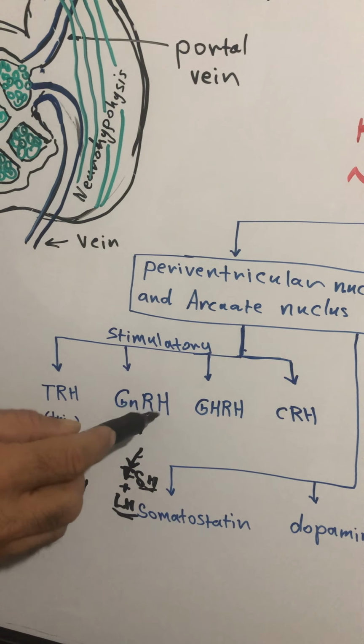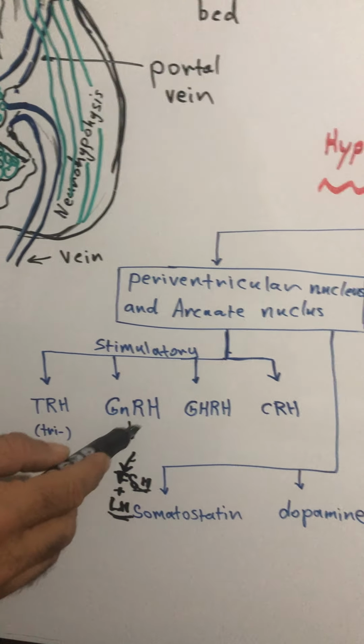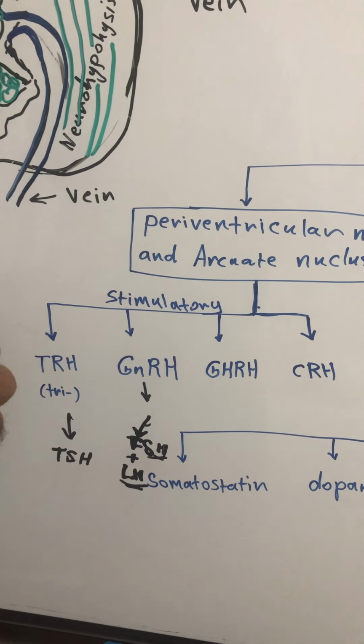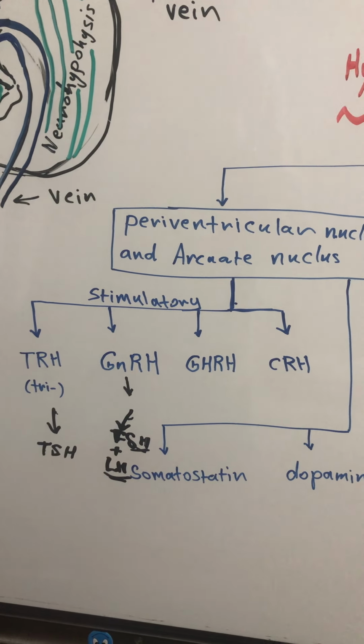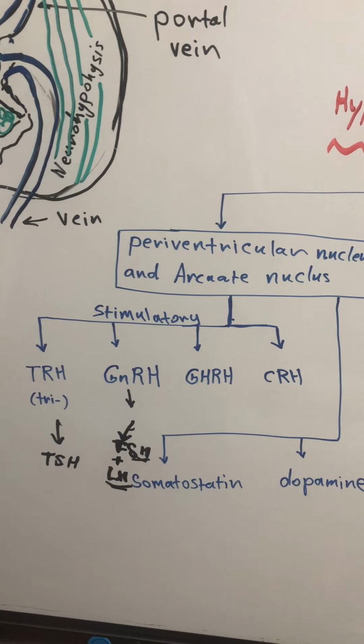This hormone, gonadotropin releasing hormone, start to be released in the beginning of puberty. The FSH and LH are actually hormones that regulate the menstrual cycle in the female and the spermatogenesis in the